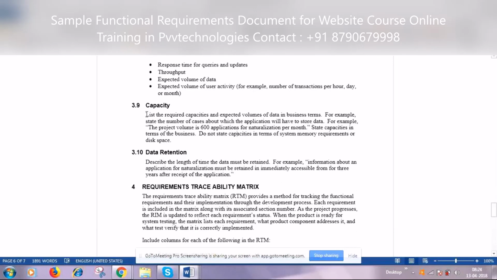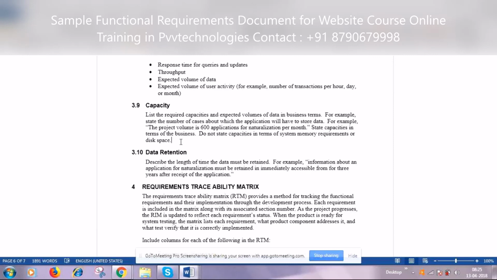Then the capacity here is basically the scaling up of the application. At any one point of time, how many users are going to use this application? Based on this, you build a robust application. Say for a booking site, the number of users between 10 a.m. to 12 p.m. will be spiking, whereas after 12 the number of users will be reducing.